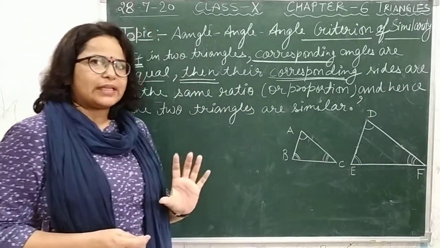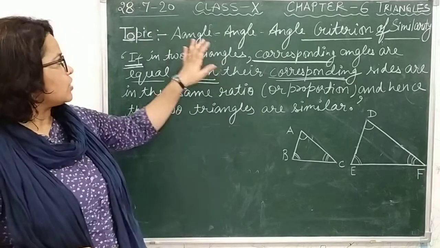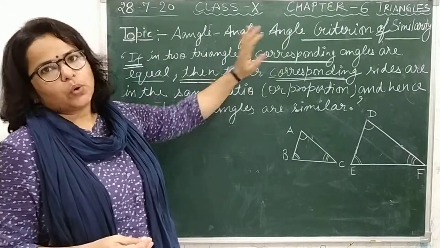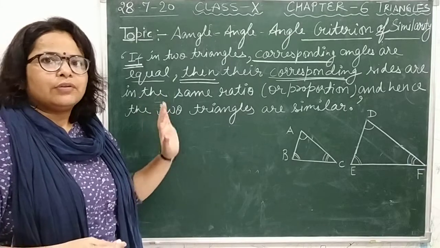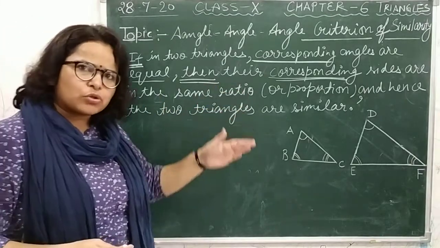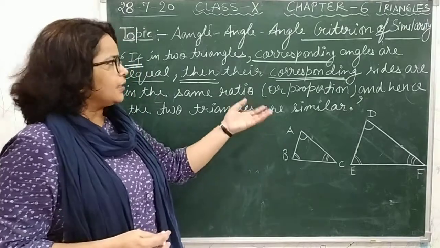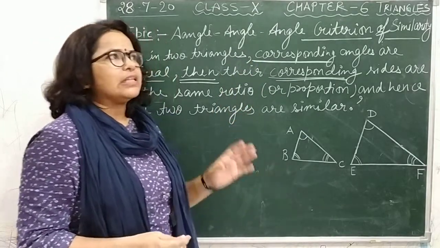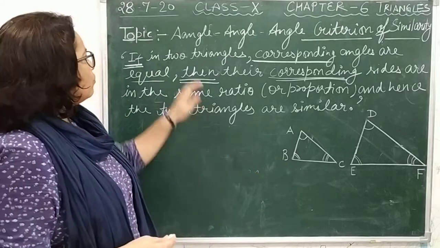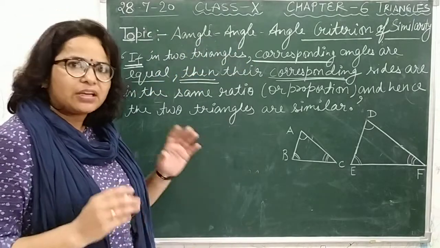So to prove that two triangles are similar, this much is enough: that we prove that all three corresponding angles in both the triangles are equal. We need not prove that the ratio of sides are also equal. That is an obvious result of what we are going to prove, and later while solving questions in exercises we will be using this criterion very frequently.